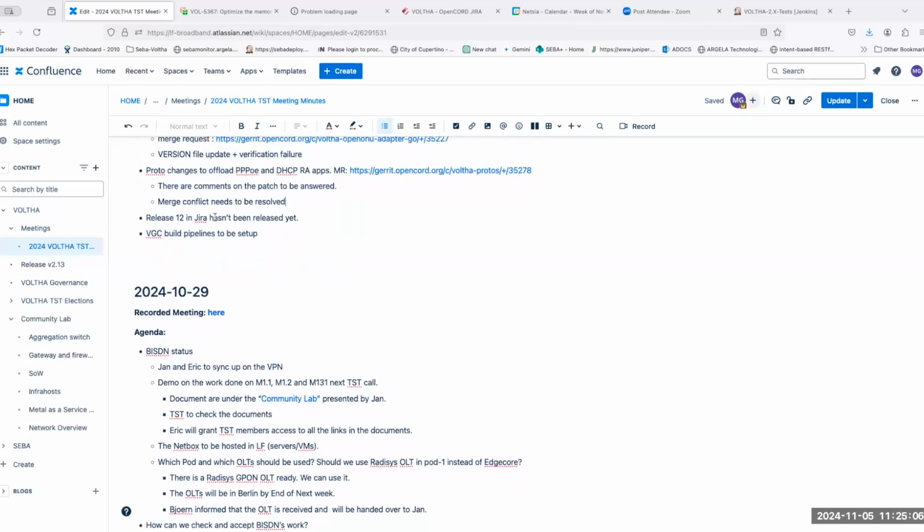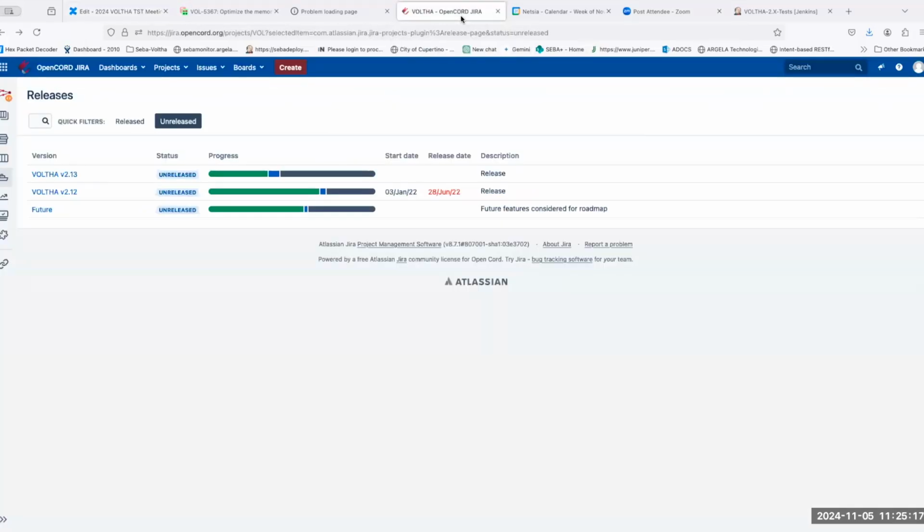Okay, great. Next item is about releasing release 12 in Jira. Actually, this should have been done at release time a year ago. But when I was checking the tasks in Jira, I saw that version 2.12 is still not released. I don't have permission to release them.